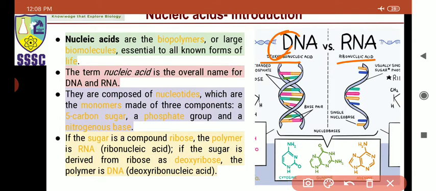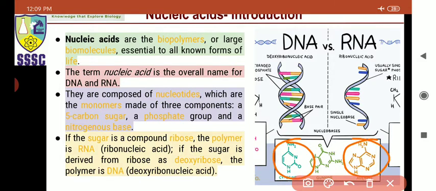So in DNA, the sugar has one oxygen less on the second carbon, that's why it is known as deoxy. Another thing, DNA is normally a double helix, and RNA is normally single stranded. That is a difference. Third thing, all these bases are common: